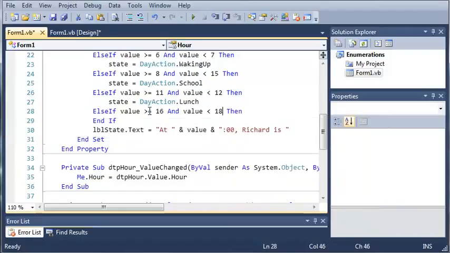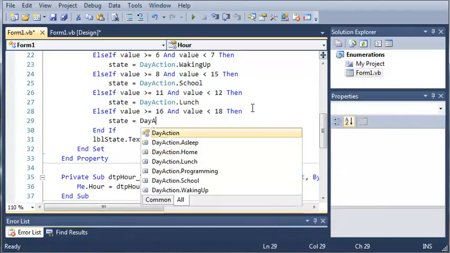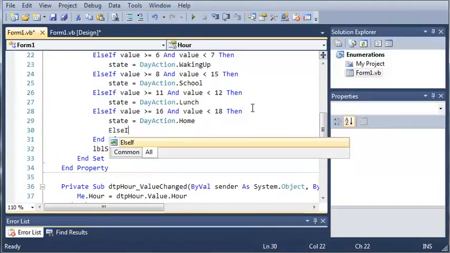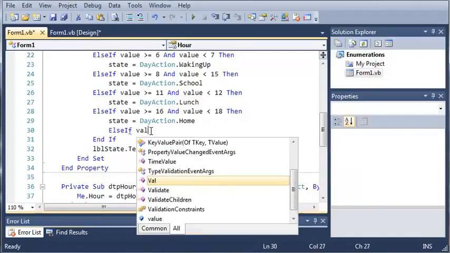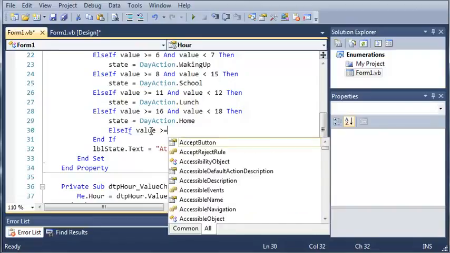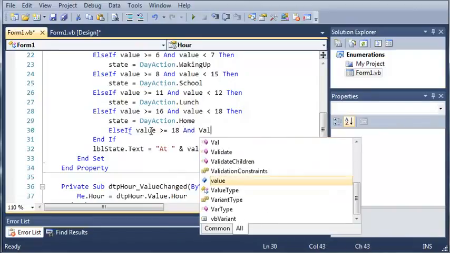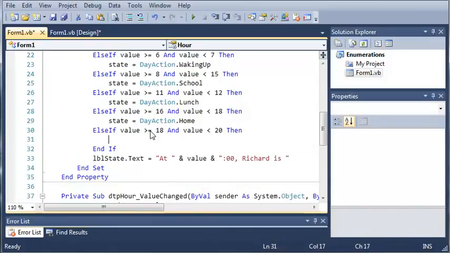So let's do 18. Then state is going to equal DayAction.home. And we'll do this one last time for the programming. So let's just say they do this as a hobby or something. So we'll go ahead, if value is greater than or equal to 18 and value is less than 10 o'clock, so 20, then go ahead and state equals